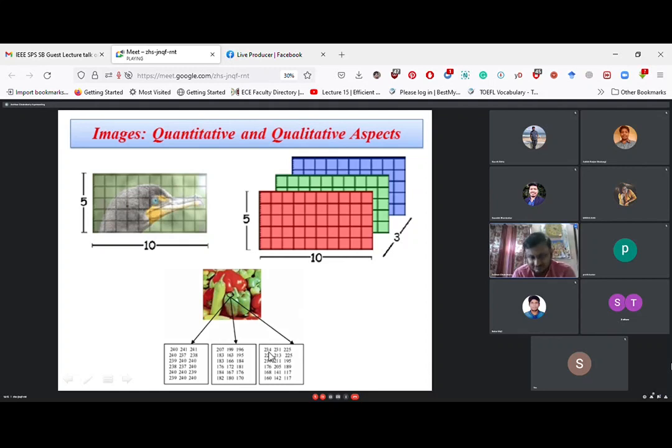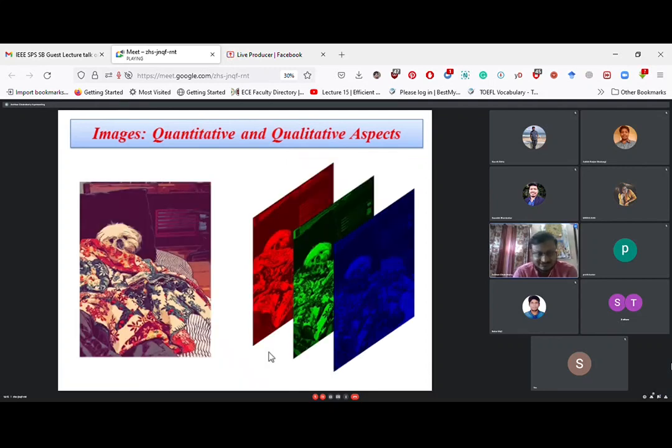Here also in this color image you can easily perceive that it has three channels: red channel, green channel, and blue channel. So we need to process this color image by processing the individual channels. But there are techniques. Instead of processing three channels separately, we can process the color image directly also. There are techniques.